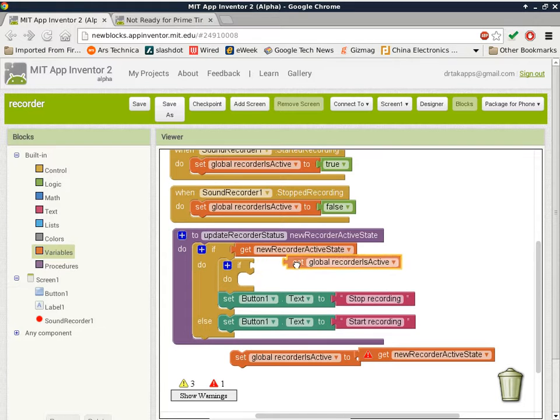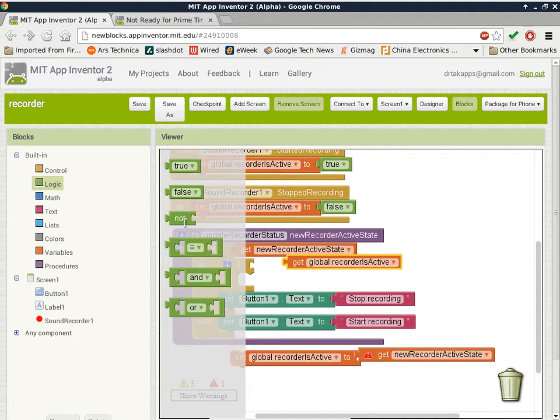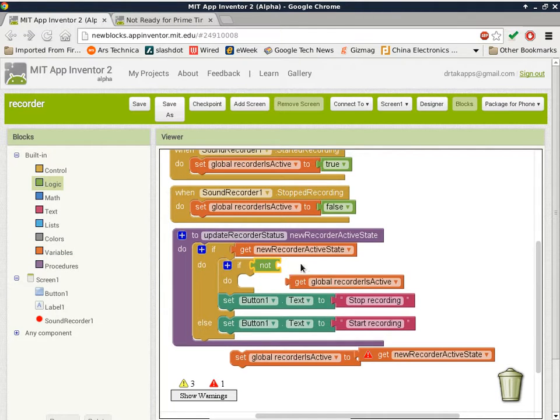And if it is negated, if it is false, then I'll do something. So go back to logic, take the negation here, and then connect this one here. Okay, so now inside this block, let me put a pointer to where I wanted to talk about, right here. If I ever get to this block, that means the new state is on, the current state is off,